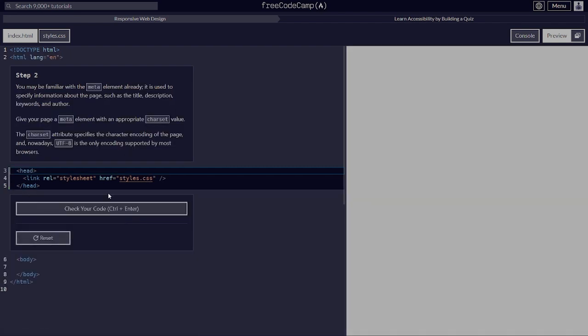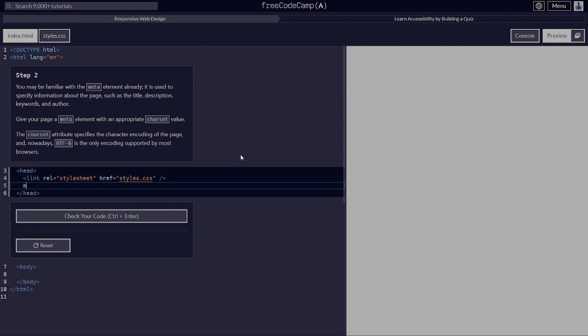Alright, you may be familiar with the meta element already. It is used to specify information about the page, such as the title, description, keywords, and author. Give your meta element an appropriate charset value. So meta charset equals UTF-8. The charset attribute specifies the character encoding of the page, and nowadays UTF-8 is the only encoding supported by